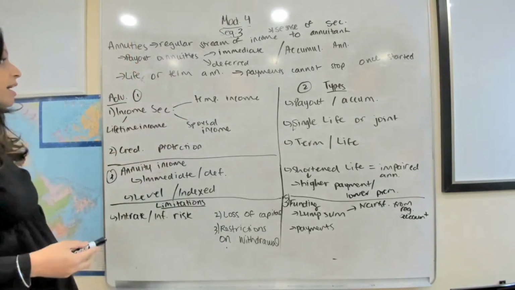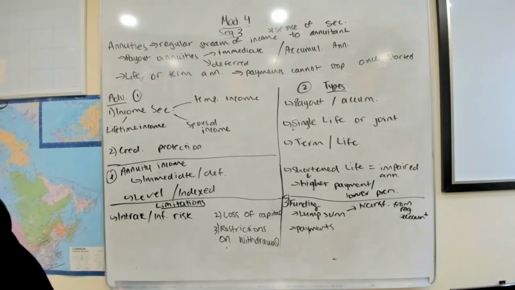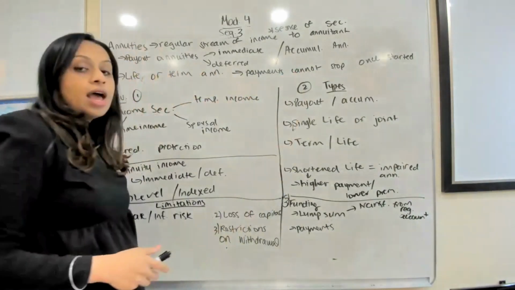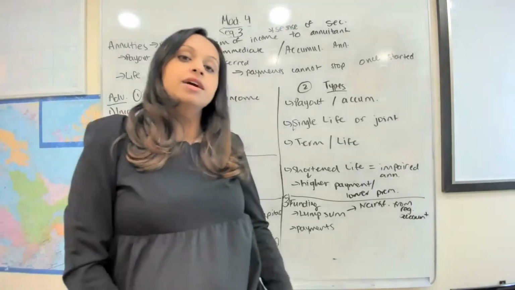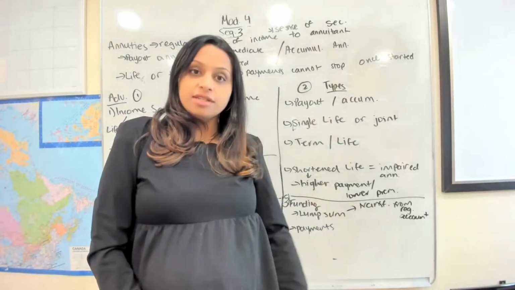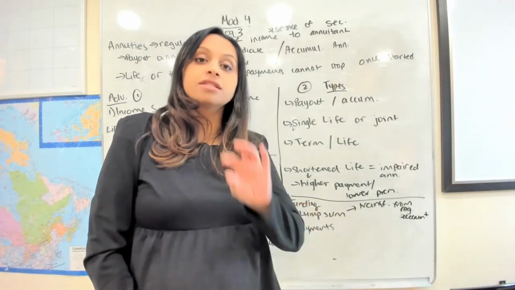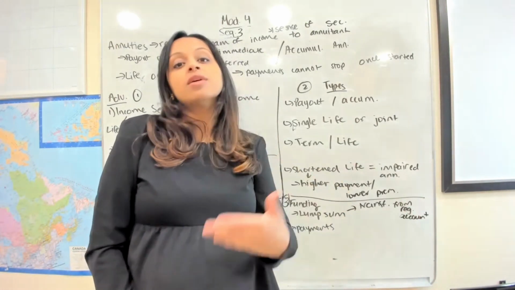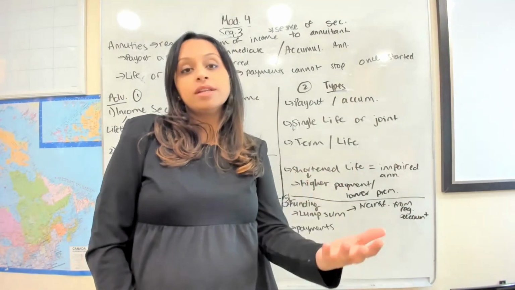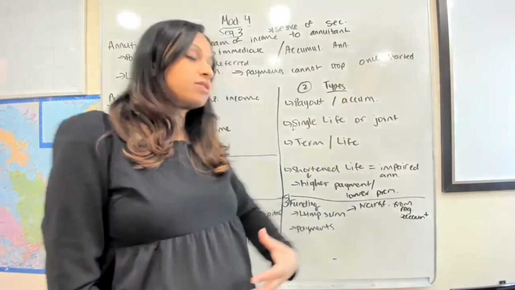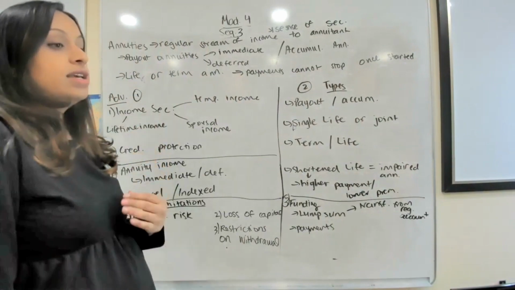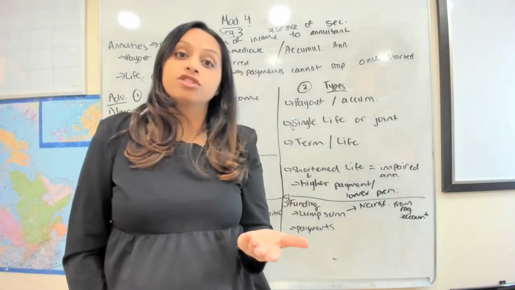All right. Now, with annuities, you can have a payout annuity, or you could have an accumulation annuity. An accumulation annuity is when you're making deposits, so you don't have a huge lump sum, you're making small deposits and it's not paying right now, right? Eventually it will be a payout annuity, but at the moment you're just accumulating the funds. So it's an accumulation annuity. And a payout annuity, just as it sounds, is actually making payments to you.